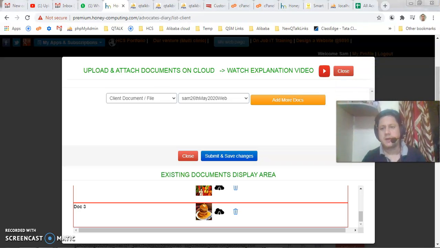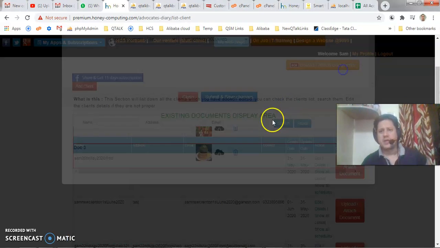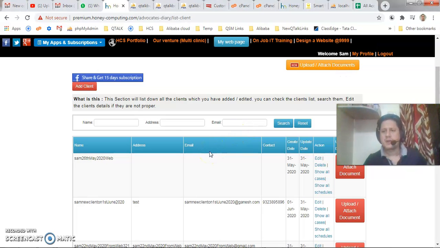Let's say after 1 or 2 years, somebody asks you for the physical file or document of a particular case. You would need to go through your files and find it. Maybe your secretary or your assistant will help you, but this is not the case here.